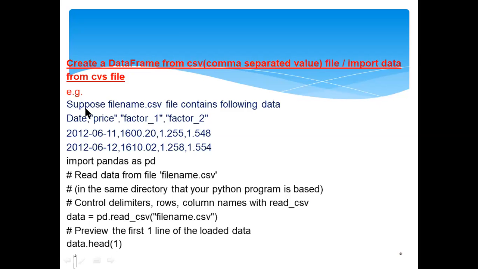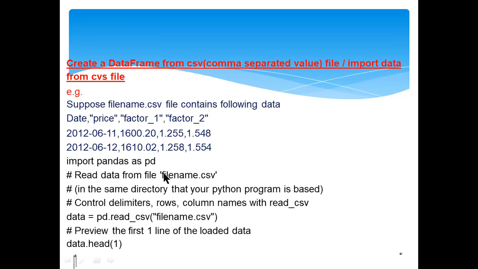Suppose a data frame .csv file contains the following data. This is an Excel file which you have to save with comma separated value, so you can view it in a Python program. First, import pandas as pd.